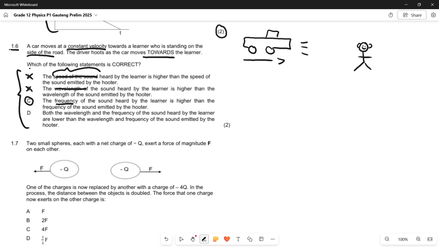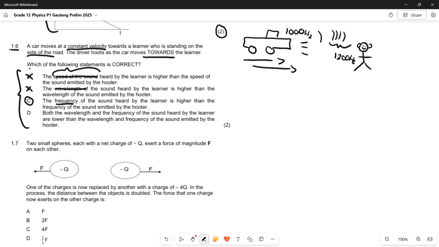of the sound emitted, which means that it is emitting a sound of 1000 hertz, for example, as it hoots moving towards the learner. But as the sound waves are moving, they're getting more and more condensed because the car has a constant velocity in the direction as it approaches the learner, which means that the learner will hear more compressed waves over here and will therefore hear a higher frequency, something like 1200 hertz, for example,